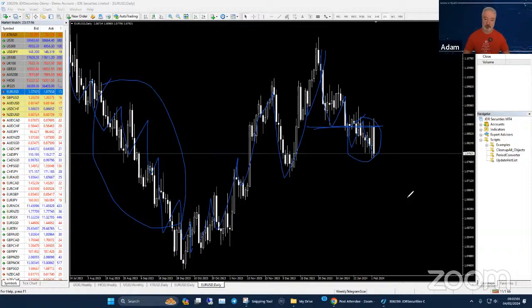The next thing that we want to do is qualify the quality, and this is a very important part of the scanning process. We want to qualify the quality of the trend. So in other words, is it a very nice smooth trend, like I'm going to show you now, or is it a very choppy trend? The reason we want to determine the difference between the two is, generally speaking, if it is a very choppy trend,